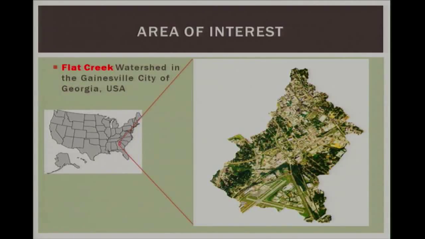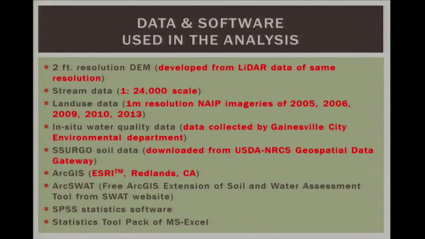You see this, these are roads, white areas are buildings, and the grass areas are kind of, these are forest, dark black area or dark green area, and these are grass. So this is the watershed we are studying. And this is the urban watershed, and the data and software we used in this analysis, we have 2-feet resolution